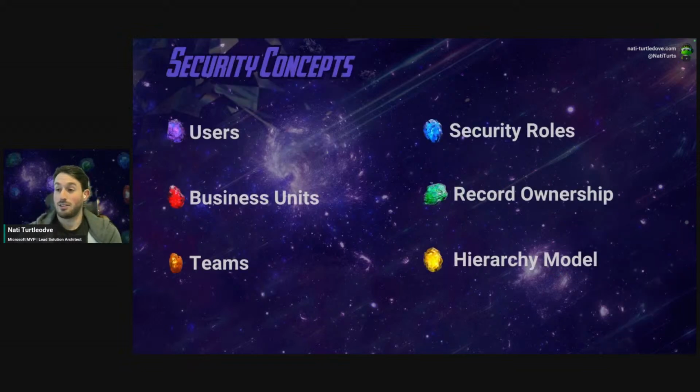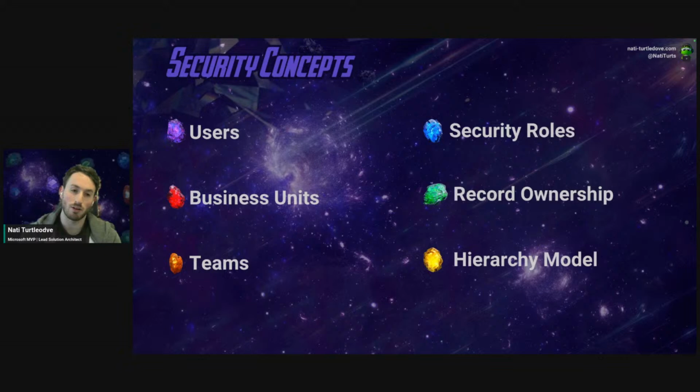The idea of today's session is to tackle 6 major areas within Power Platform security. We'll be looking at users, how we get them into our environment, how we prevent them from gaining access to an environment, as that's the first blocker to locking up our data and our solutions.